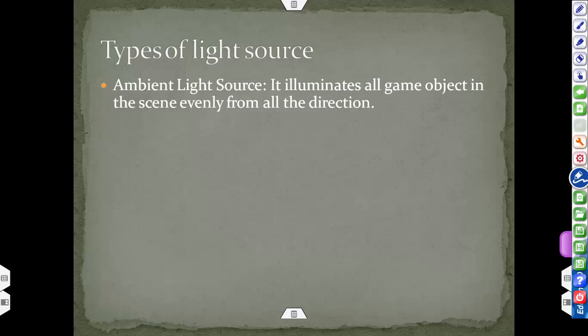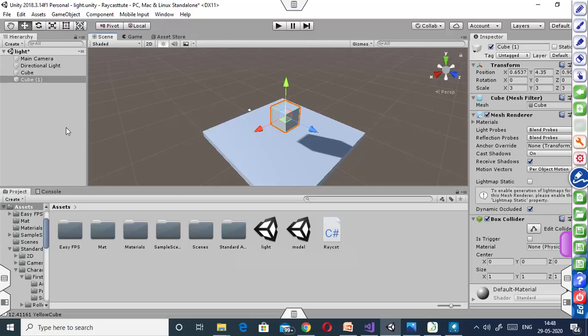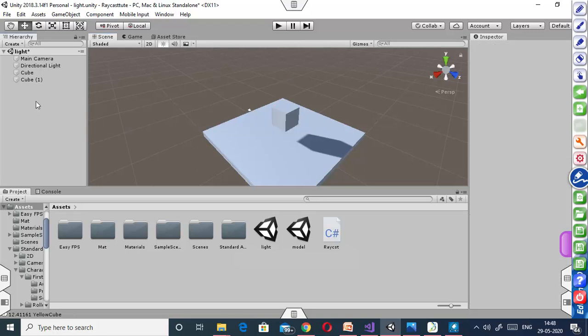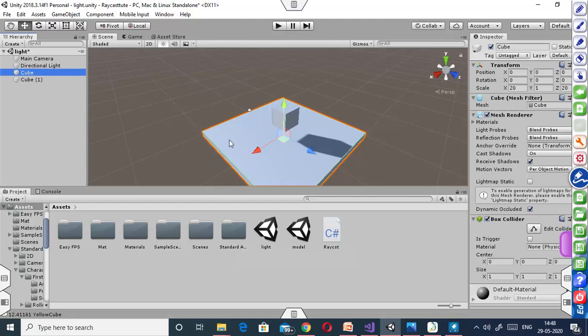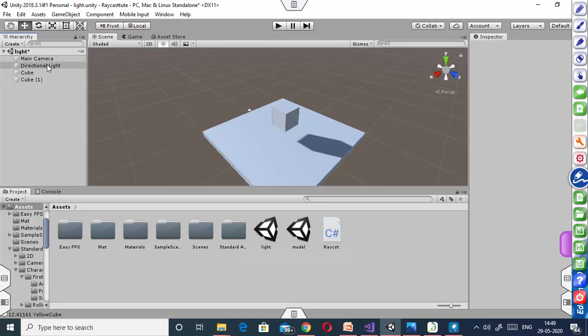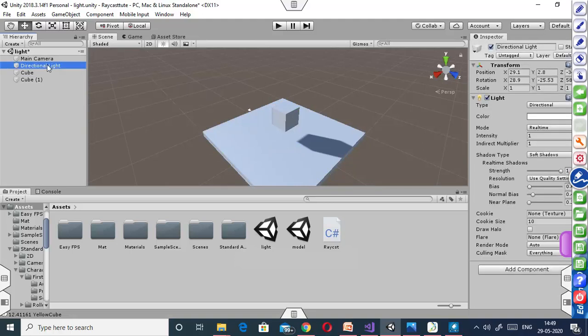We can understand it in the Unity. We have created a scene, and in this scene, we have taken two game objects. One is cube, which is displayed as plane, and another one is this cube. So here we can see that by default we are getting directional light.